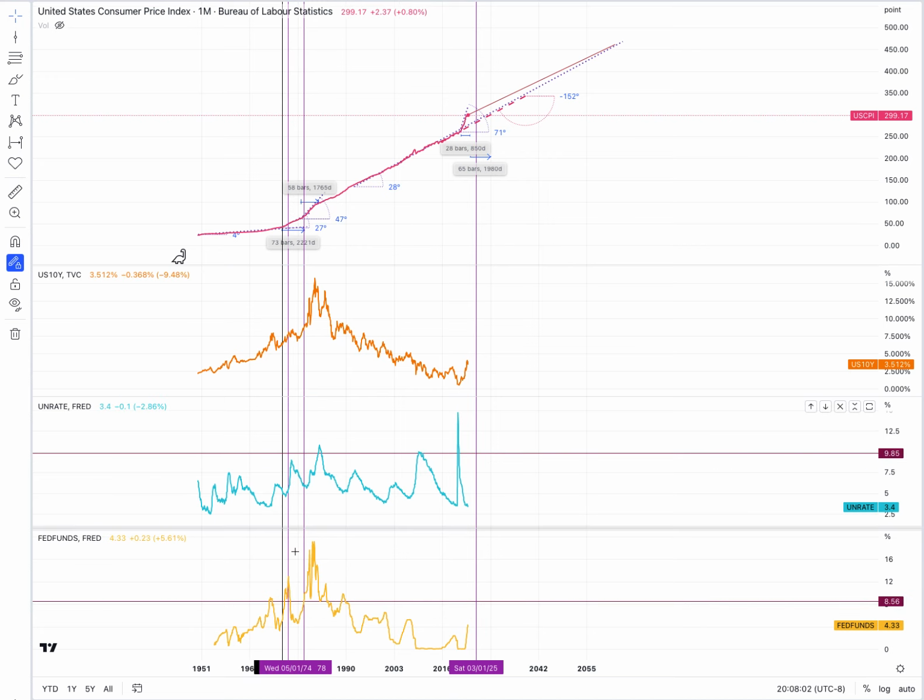So we had an unemployment rate around 1975 that was here at 5.91, went up to 8.93, and then we have this inflation that went up at this angle, 27. So if we consider that,